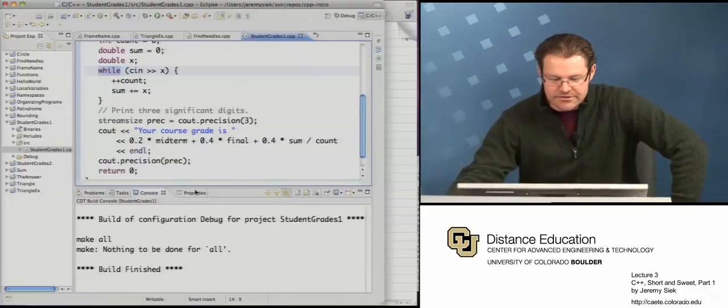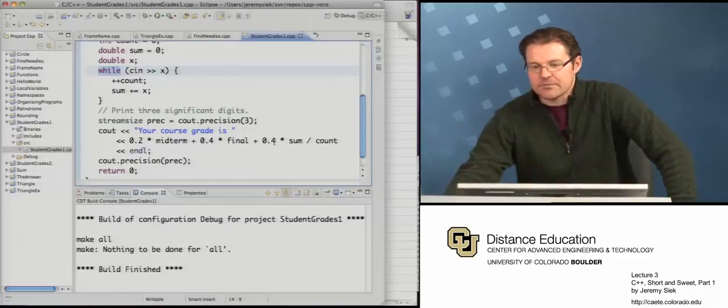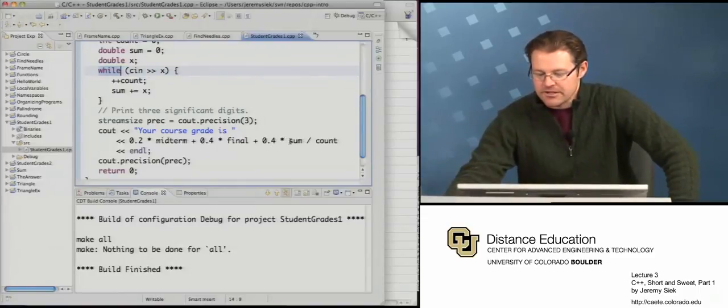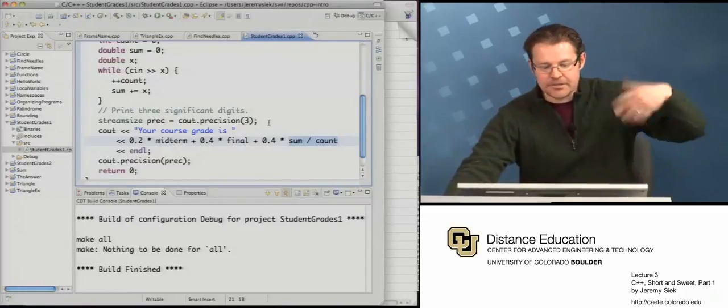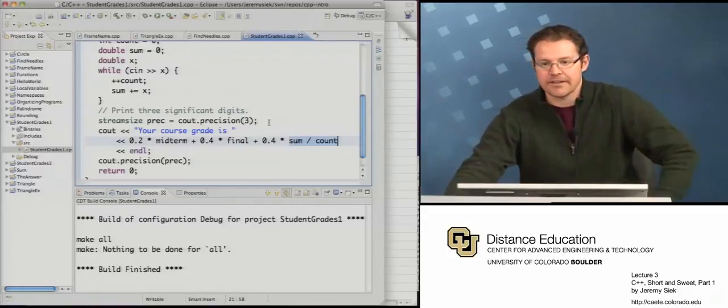which, as you can see, here's the formula. 20% of the grade is your midterm, 40% is the final, and 40% is going to be from your homework. And what we're doing here is taking the average of all the homework. So we sum up the total homework points, and then divide it by the count, the number of